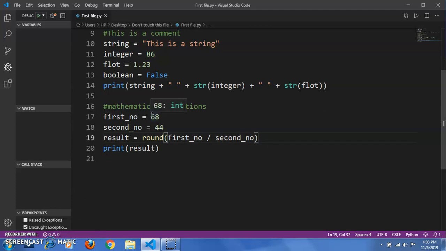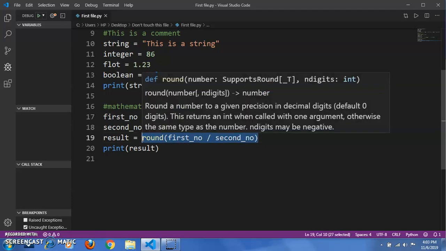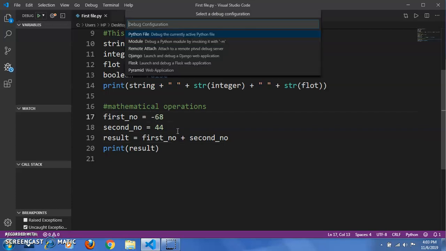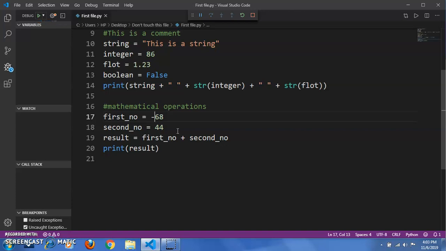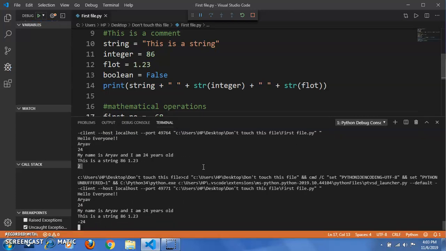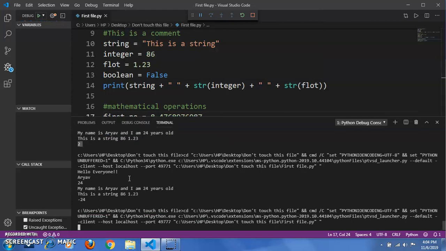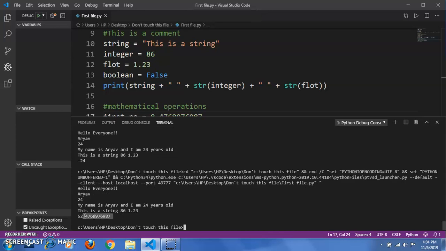We can also use negative operations in these numbers. Let's say we have to just only add these numbers. Now you can also use negative operations like minus 68 plus 44. Negative values can also be used, and you can also use float numbers in these like 8 point something something. See,